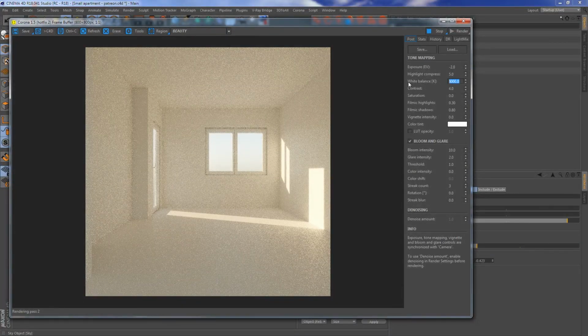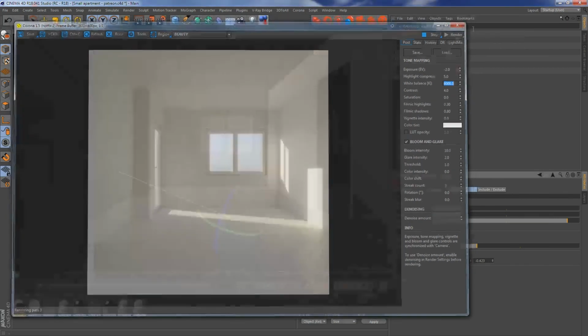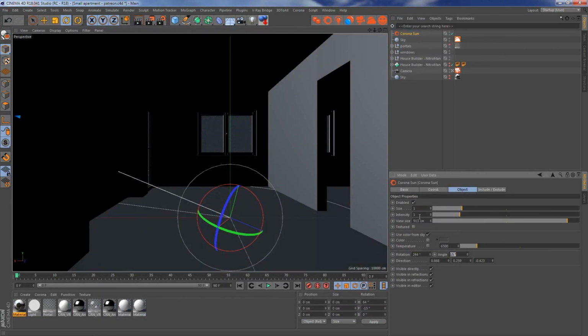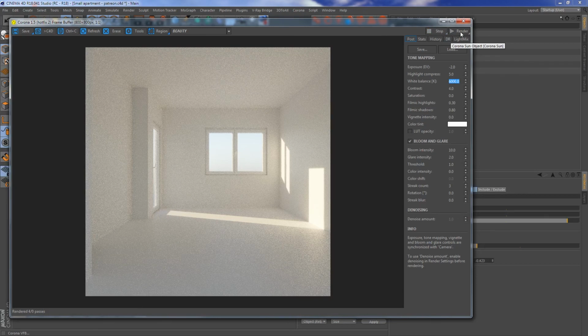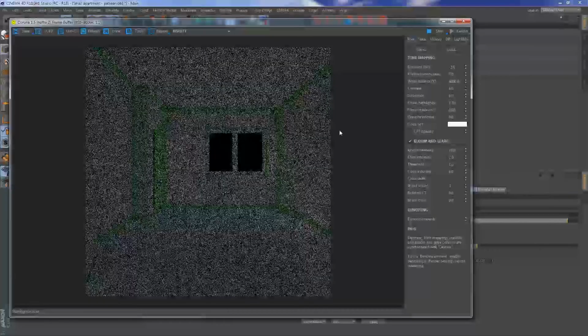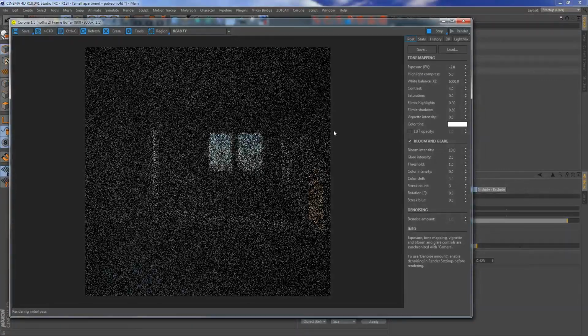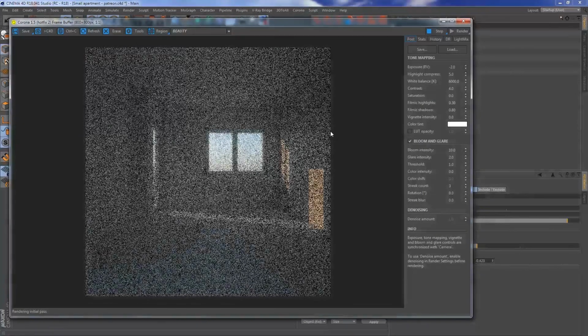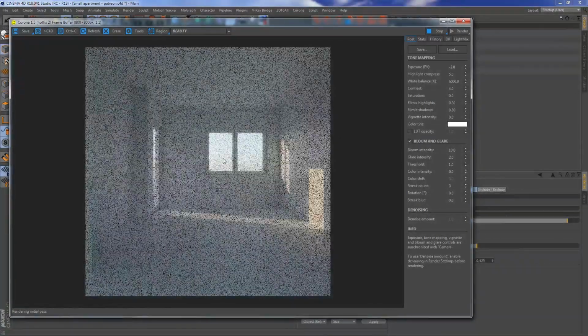So again, white balance, it's like morning sun, and you can decrease its intensity. So we have a much darker image now, and